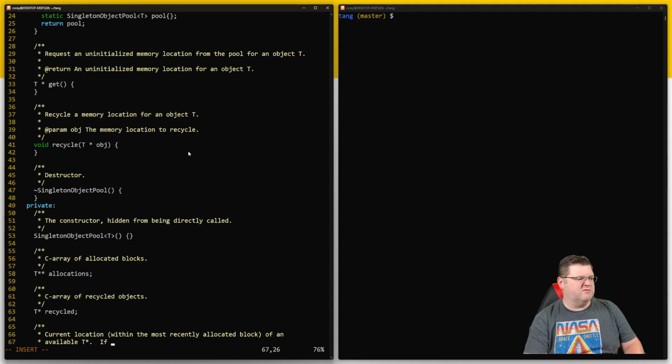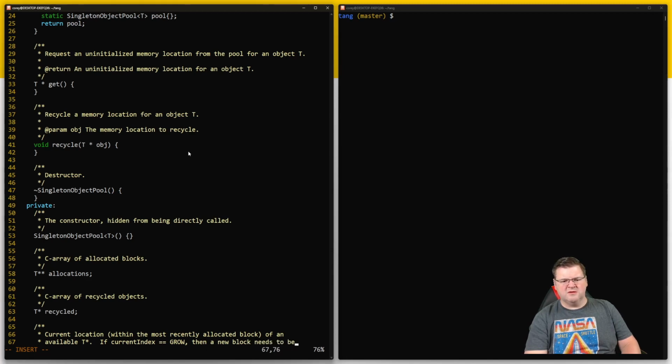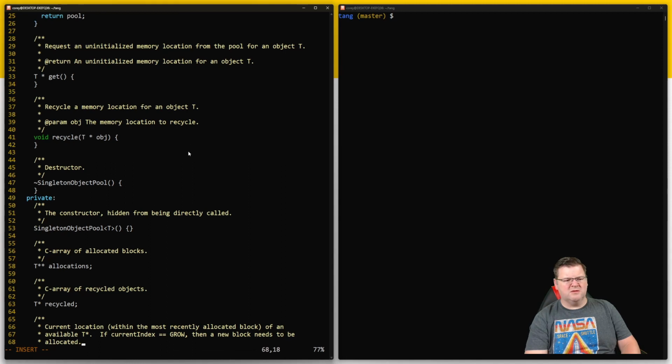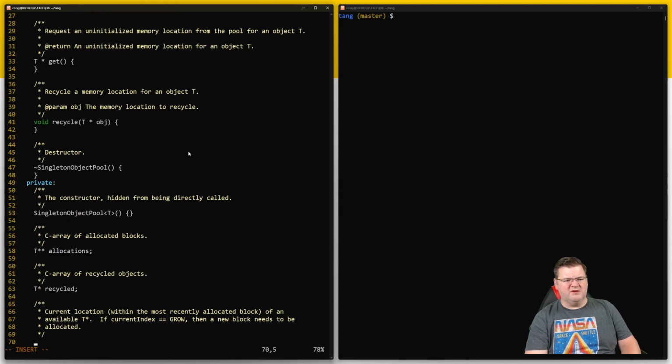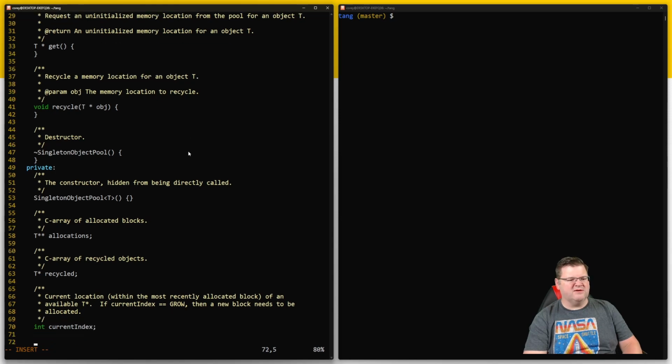What is this going to be called? What current index? Okay, so I've already given that away. I'm going to call it current index, and this is going to be an int, because when we start out, if we haven't allocated anything, it's going to be a -1. So this is the current index. All right, and now